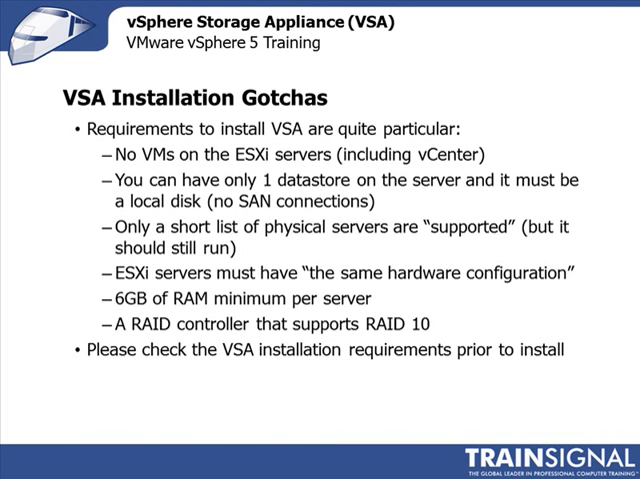But right now the requirements to install VSA are quite particular. There cannot be any virtual machines on the 2 or 3 ESXi servers that will be part of your VSA cluster, and that includes vCenter. So vCenter, even if you're running it as a virtual machine, has to be somewhere else. You can have only one data store on each of the ESXi servers, and it must be a local disk. So you can't have any SAN connections on the servers. If you have SAN connections, VSA will tell you that, and you'll have to remove them before you can continue